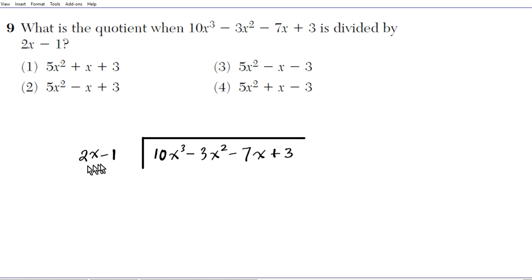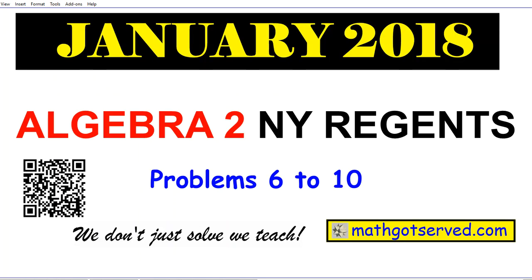So your divisor has 2 terms, so you're going to be attacking this 2 at a time. But to determine what comes first, you look at the first term in the first 2. So we have 2x minus 1, and then we have 10x to the third minus 3x. So take a look at 2x and 10x to the third. And then you ask yourself, how many times does 2x go into 10x to the third? If you can answer that question,